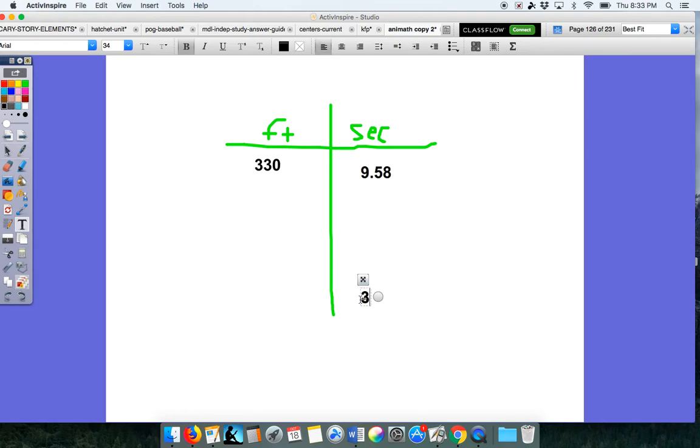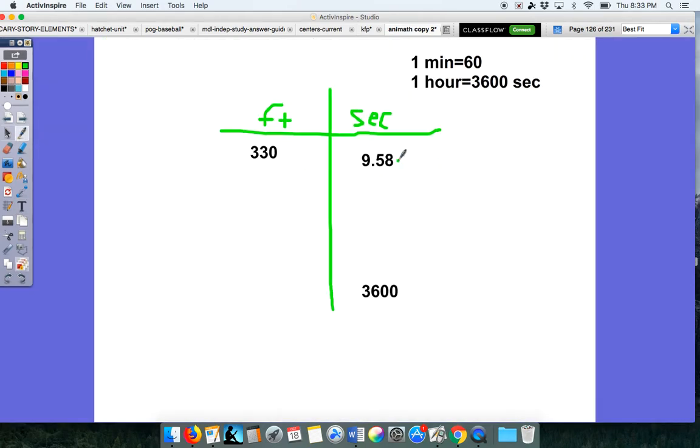I know that 1 hour is 3,600 seconds. Once again, 1 minute is 60 seconds, and 1 hour is 60 minutes. So I'd have to do 60 seconds times 60 minutes, and that's how I come up with 3,600 seconds. So I have to think, how many times am I counting by 9.58 seconds to get all the